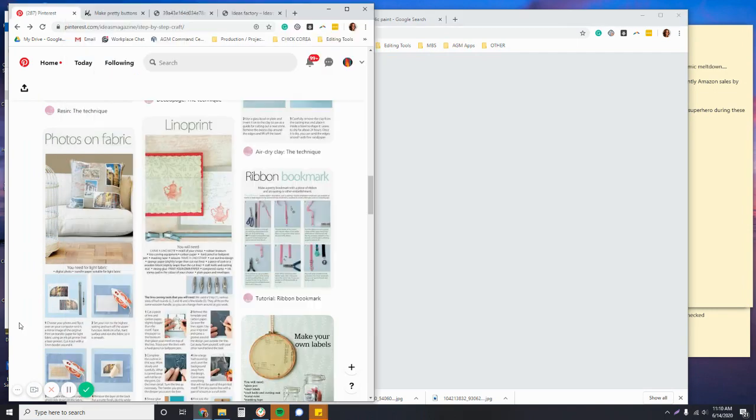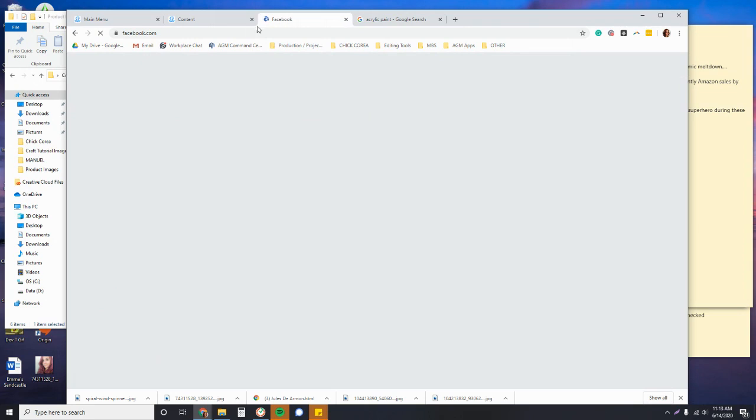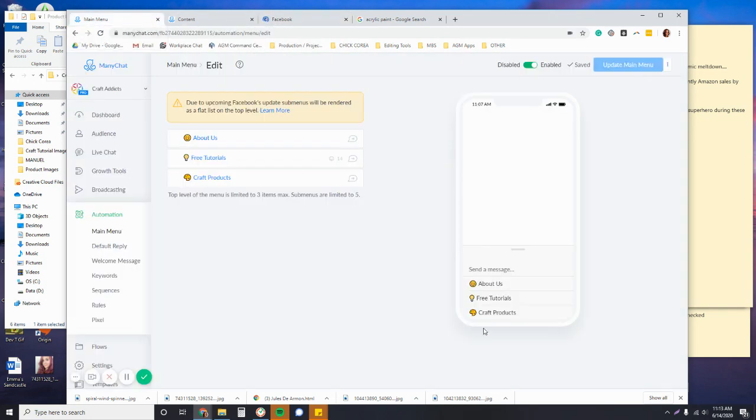Well, hopefully it'll load at some point. Hold on, I'm going to pause this while this is thinking. Well, it's been a while now and Facebook is still thinking about it. So I don't know if Facebook is temporarily broken right now, but regardless, this is what the main menu will